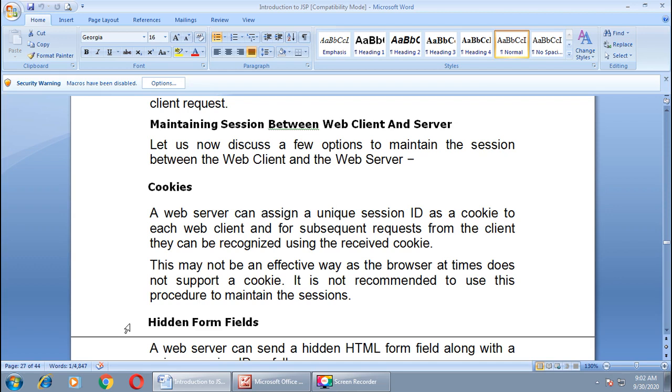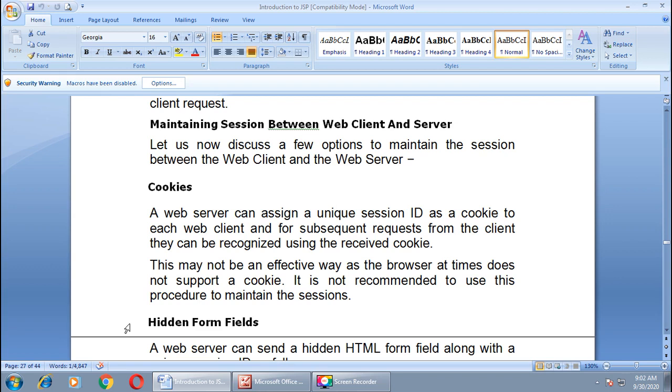The web server will automatically assign a unique session ID in the form of a cookie to each web client, and whenever requests come from that particular client, it can be recognized using the received cookie.